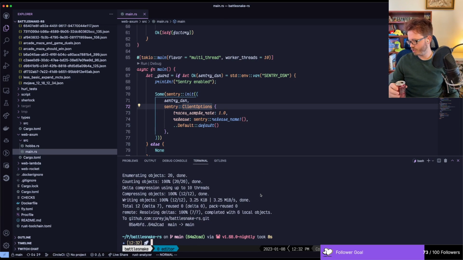So I should have checked that default last week. I kind of just assumed that the traces sample rate defaulted to not 0. I thought it would at least be something saner, but